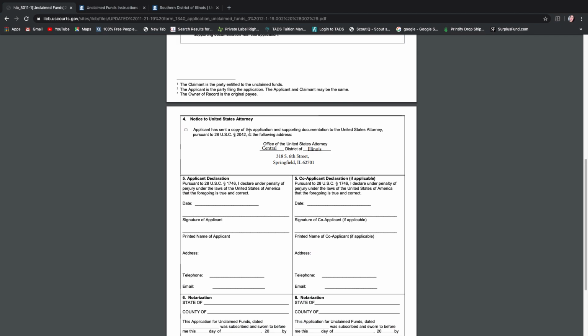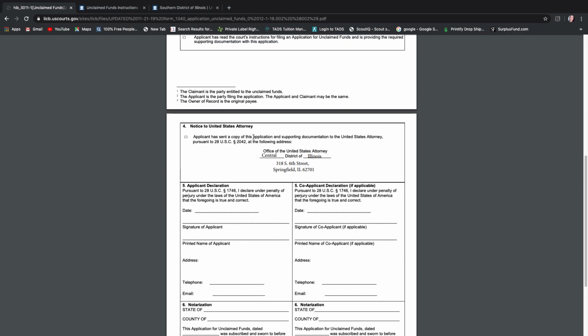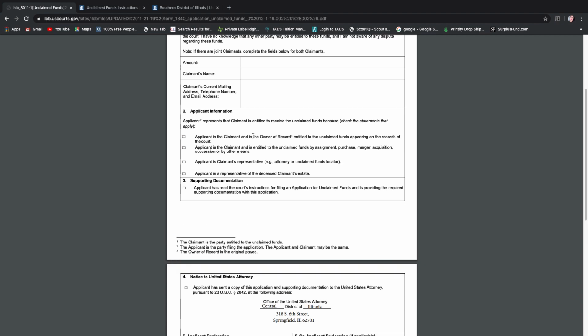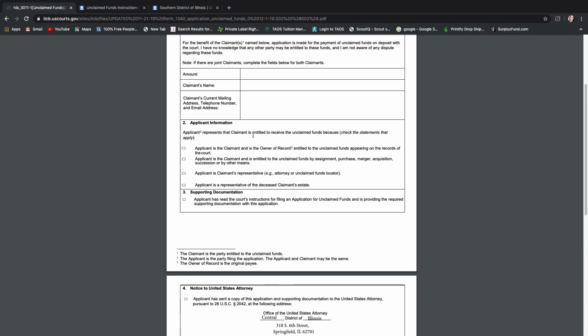So the more that you do this, and hopefully the more that I'm showing you this, it becomes familiar to you, so that when you're researching it on your own, you don't feel so alone and so out of it if you're someone who's new to this. For someone who's already working on state funds, or they are a real estate agent and they're used to looking at court documents, this is not that far off.